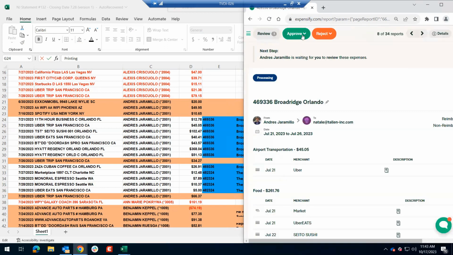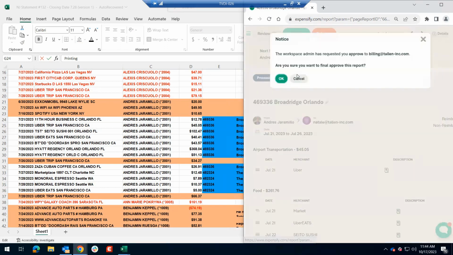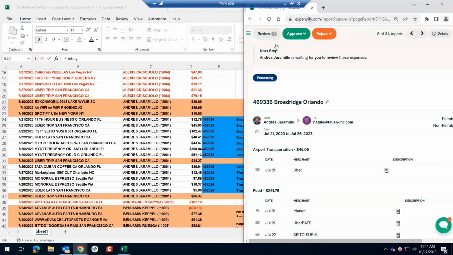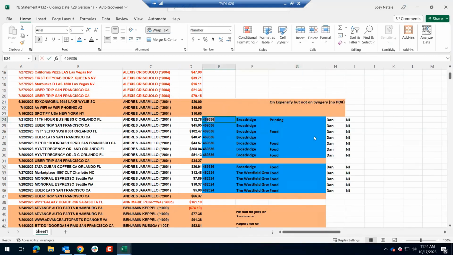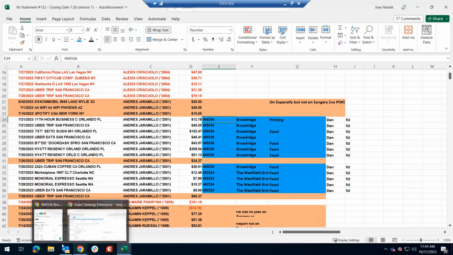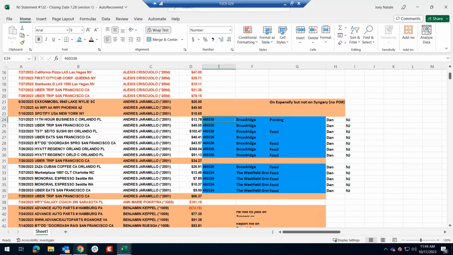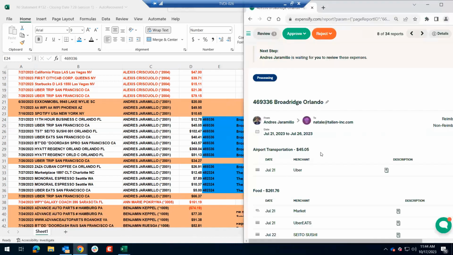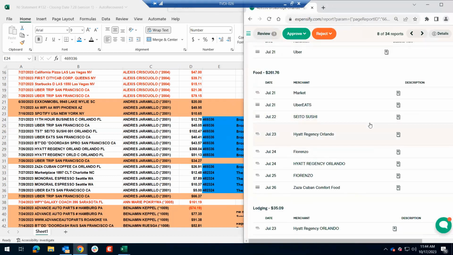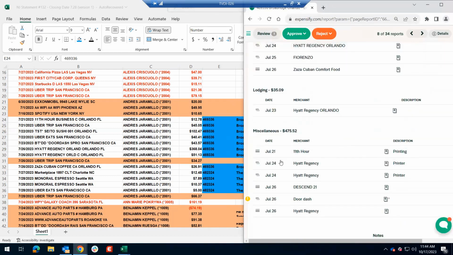So I'm just going to approve, final approve. And that way it's here, and then I would highlight this whole thing blue. It's already highlighted in blue, but that's what I would do. The only reason I wouldn't approve something is if there are expenses on here that